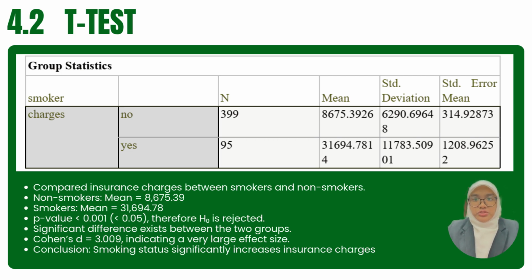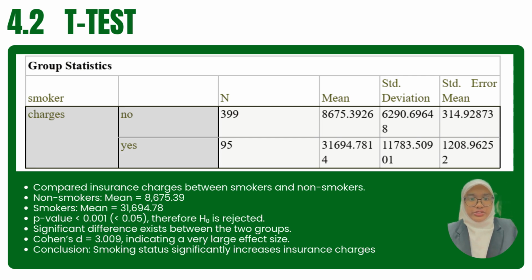It shows that non-smokers have an average charge of 8,365.29, while smokers have a much higher average charge of 31,994.78. So this suggests that smokers tend to pay